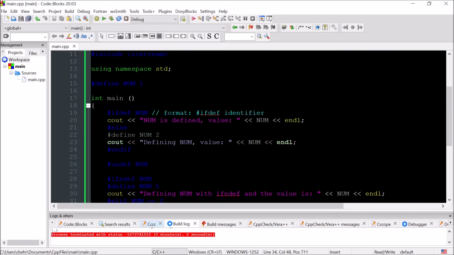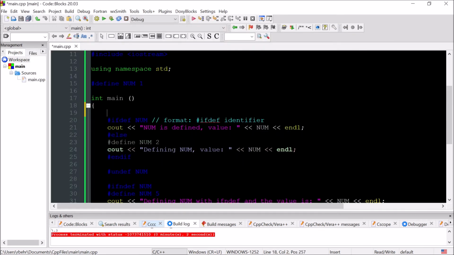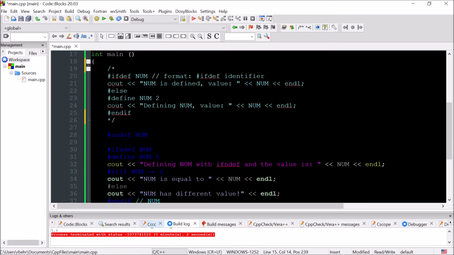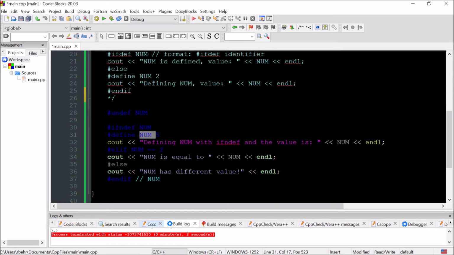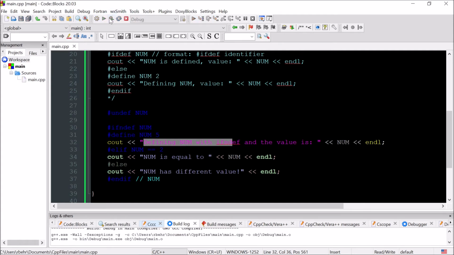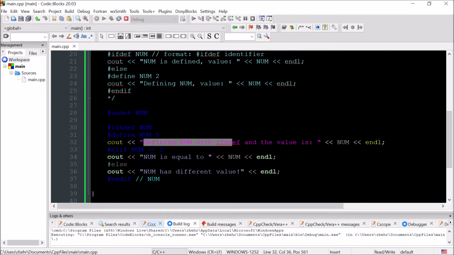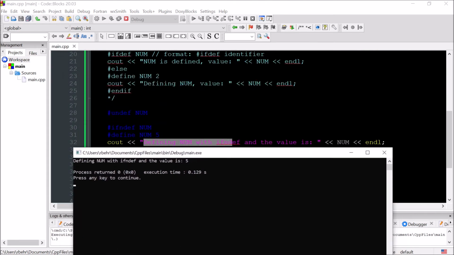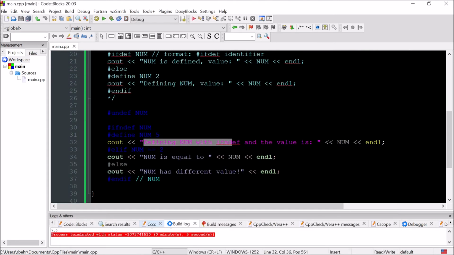So what happens here, I'm gonna comment this part of the code here using block comments, and here I'm defining num is equal to 1, and now I'm undefining it. Okay, so for sure it will define num is equal to 5, and then you will see this part of the print statement. All right, and then of course you see 5,